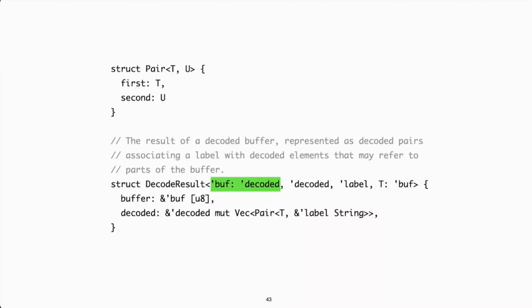We can have relationships between lifetimes. This second lifetime is the lifetime of the decoded objects, and we have yet another lifetime that is the lifetime of the labels that we might want to associate with our object. So all of that is getting quite complex.